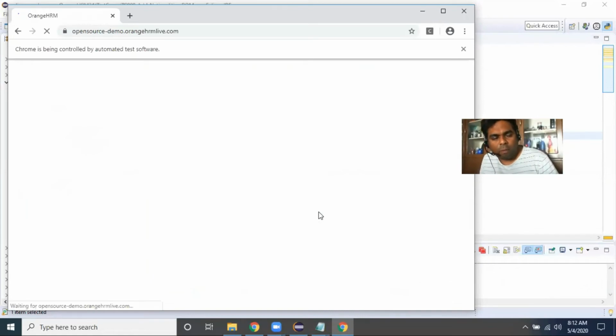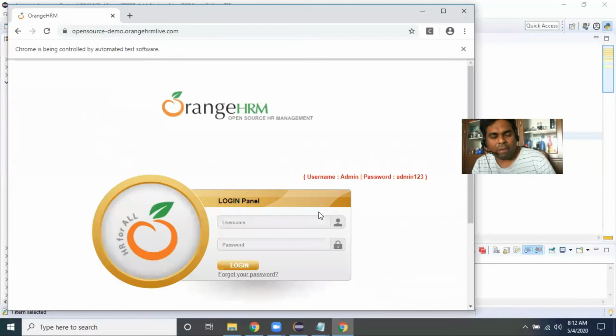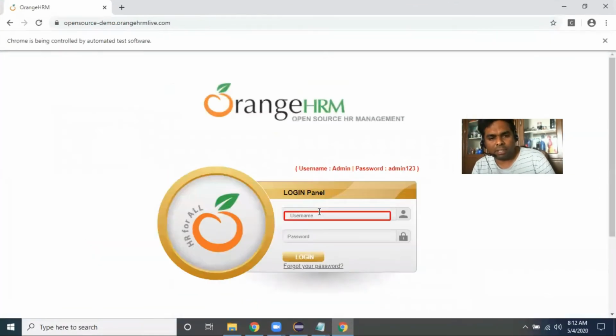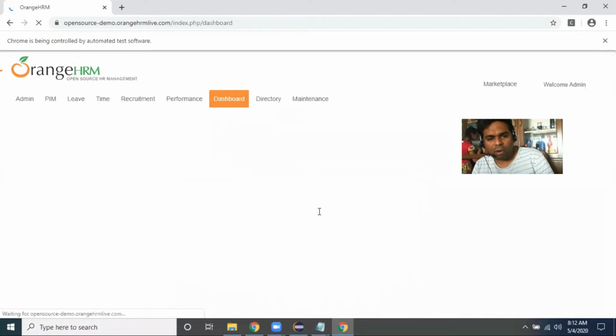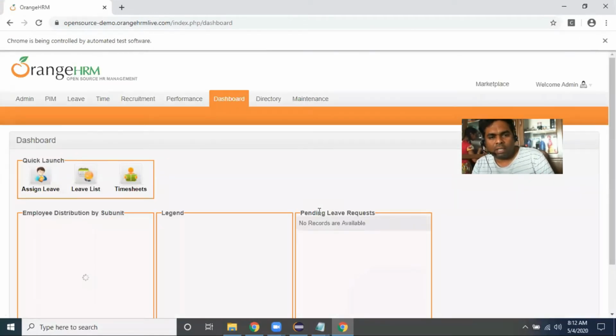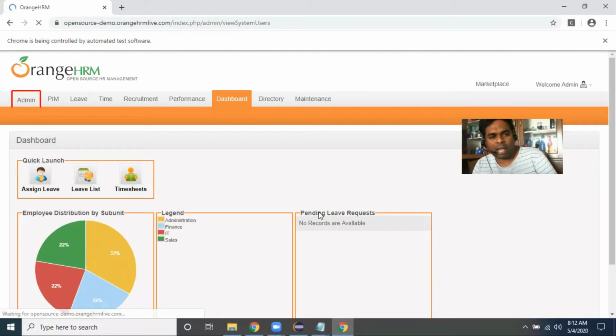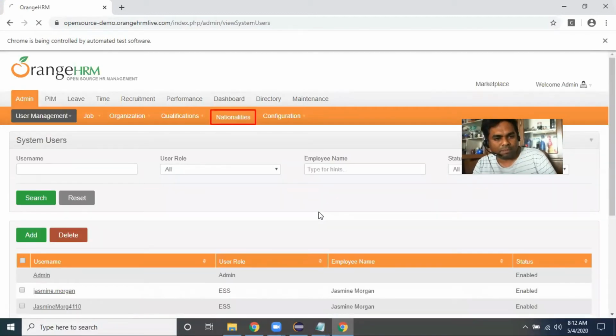So my open Chrome browser method is launched. When my test browser method is launched, after that my login method is executing for the login page. My login page contains only the login method, and after that my nationalities page contains the nationality class. Under that, the add nationalities method is running now.